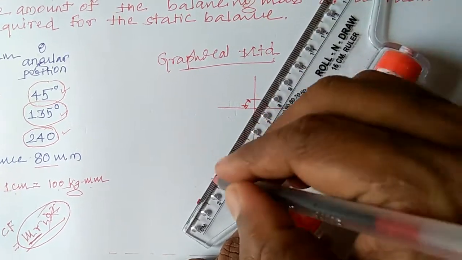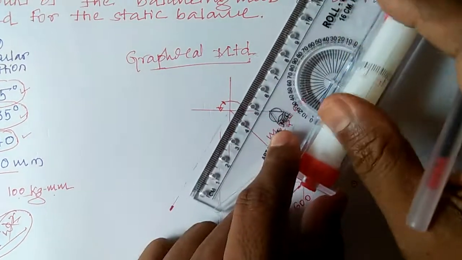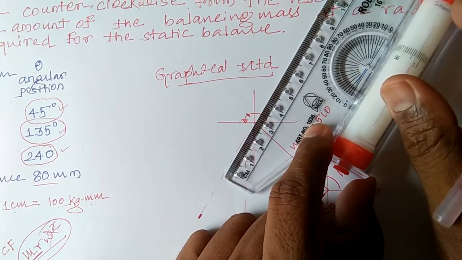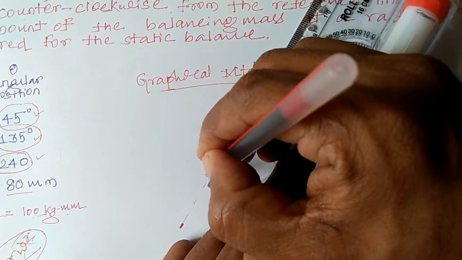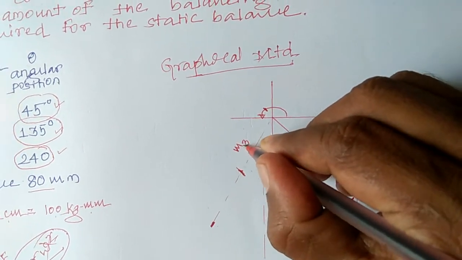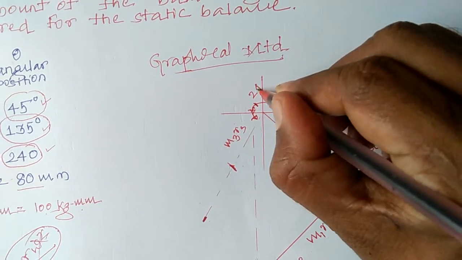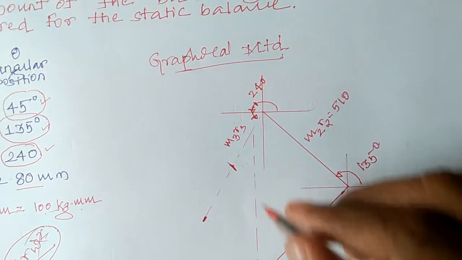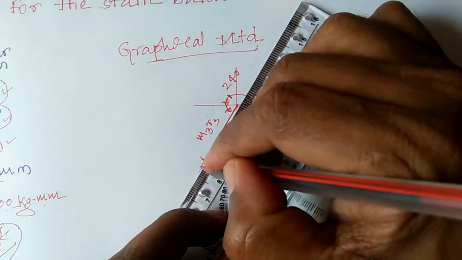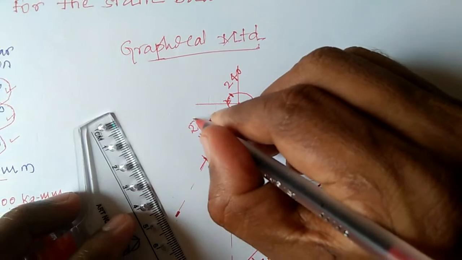I will draw the dotted line to make it easy. It comes at 2.7, 2.8, up to here. Can you get it? This is M3 R3. This makes a total of 240, that is 180 plus 60. Then you draw it bold. I hope that you got it. Then up to M3 R3, that is 275.